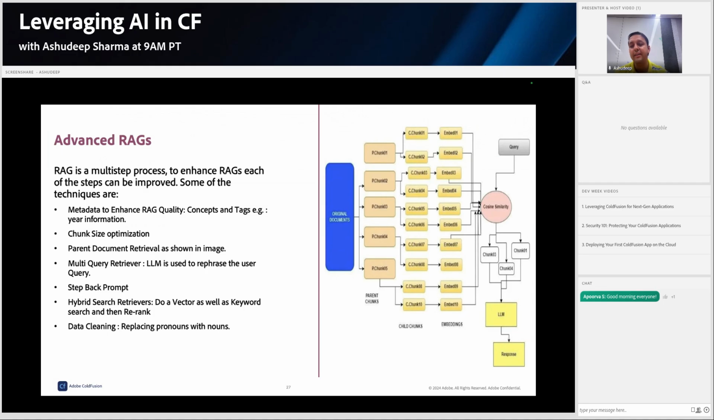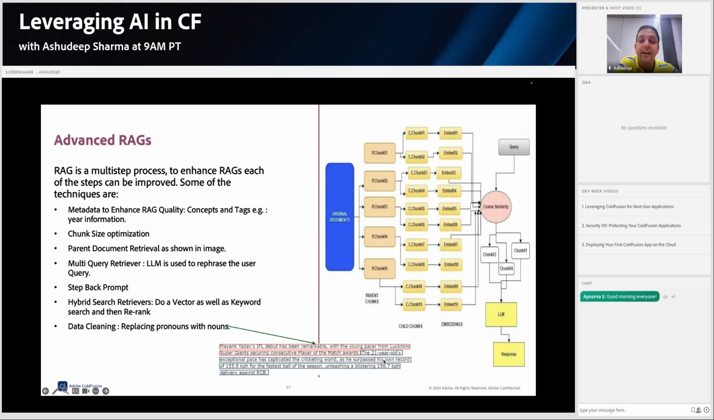Okay, and another thing is data cleaning. Data cleaning is a very important aspect, and it includes the step of replacing pronouns with nouns. Specifically, if we look at this example: Mayank Yadav's IPL debut has been remarkable, with the young pacer from Lucknow Super Giants securing consecutive player of the match awards. And then the 21-year-old's exceptional pace, as he surpassed his own record for the fastest ball of the season, unleashing... So if you see, let's say my chunking or splitting is done in this manner, where the red is one chunk and the black is another chunk,